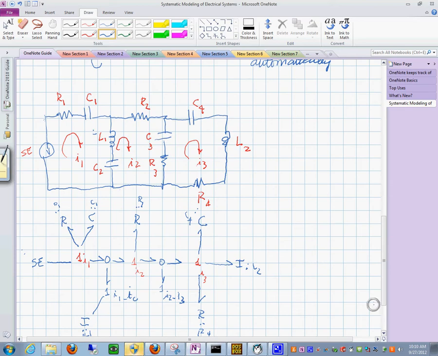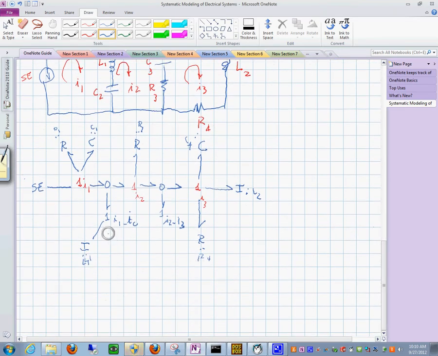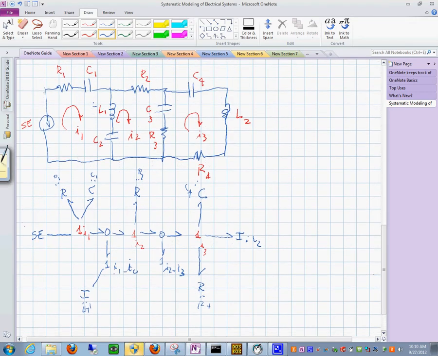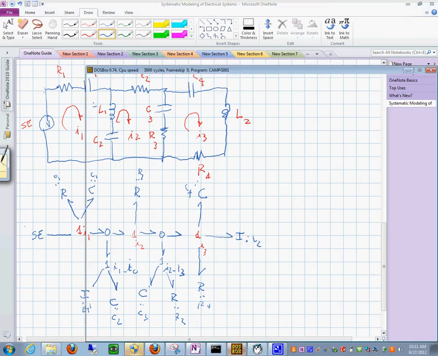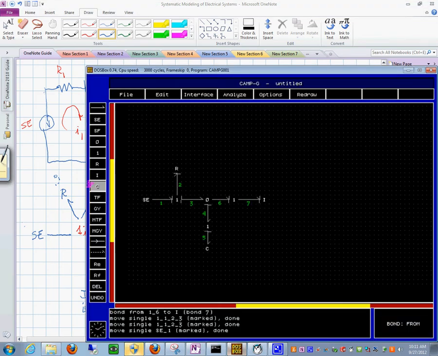And then we have the other one, so I need to move it up a little bit so we don't lose it. This one here is C with value C sub 2. This one is the value of C with value C sub 3. And this one is the R with value R sub 3. And we're done. So now we're going to go over here and see if we can enter it into